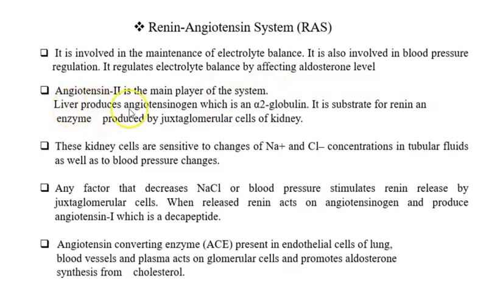It is the liver that produces angiotensinogen, and it is the juxtaglomerular cells of the kidney that produce renin. Now we see how the regulation starts. Renin can act on angiotensinogen, this protein. These kidney cells are sensitive to changes of sodium ions and chloride ions concentration in the tubular fluid as well